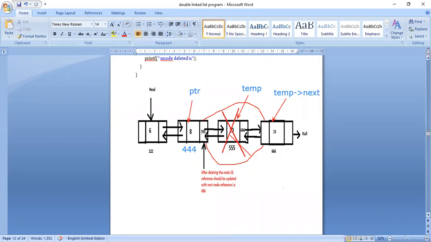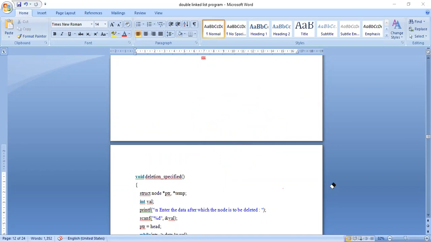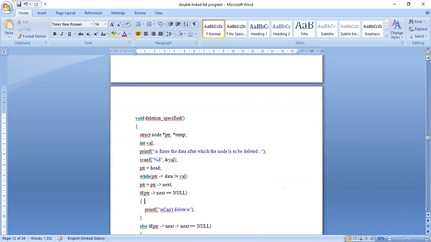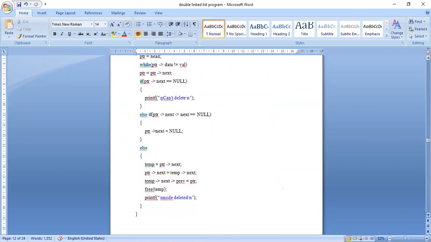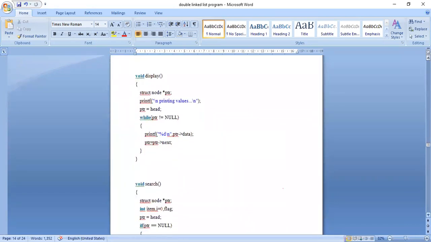So next one is display. Display is a small thing that can be easily understood by everybody. Display is starting from the head node. I will be traveling, and at each node I will be printing the data part.